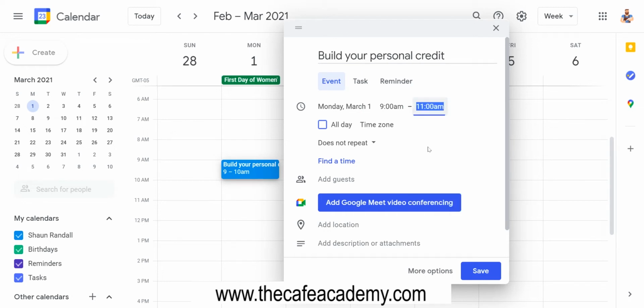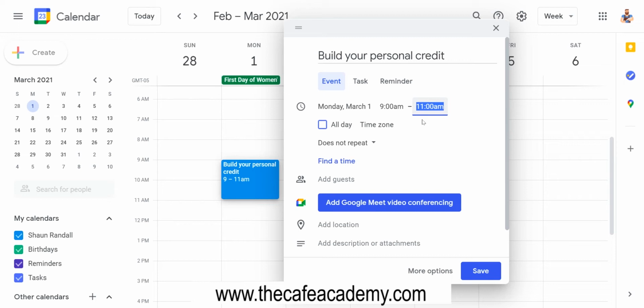So within this 2-hour time frame, this is the time you want to use towards learning about credits, learning about credit scores, learning ways to build your credit fast. Just learn everything that you need to know, how the score works, utilization, learning how to apply for the credit cards that you'll more than likely qualify for, and everything you need to know about building your personal credit. This is the 2-hour time that you want to devote yourself towards, right?